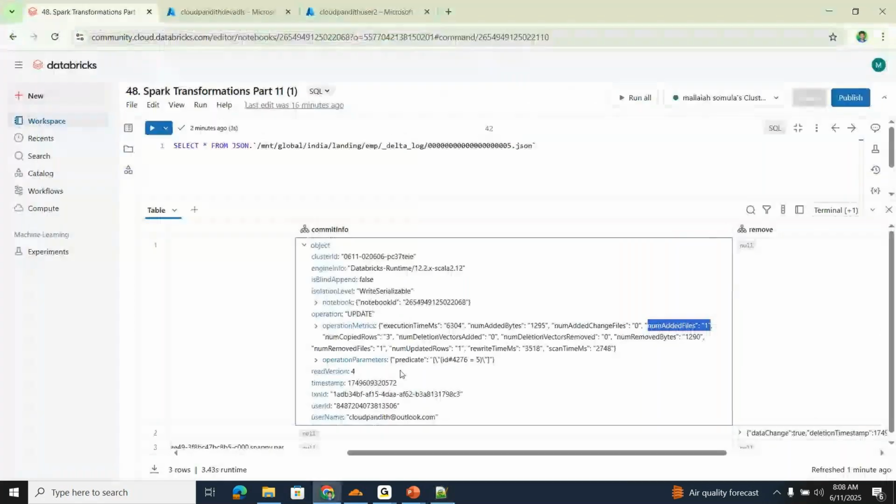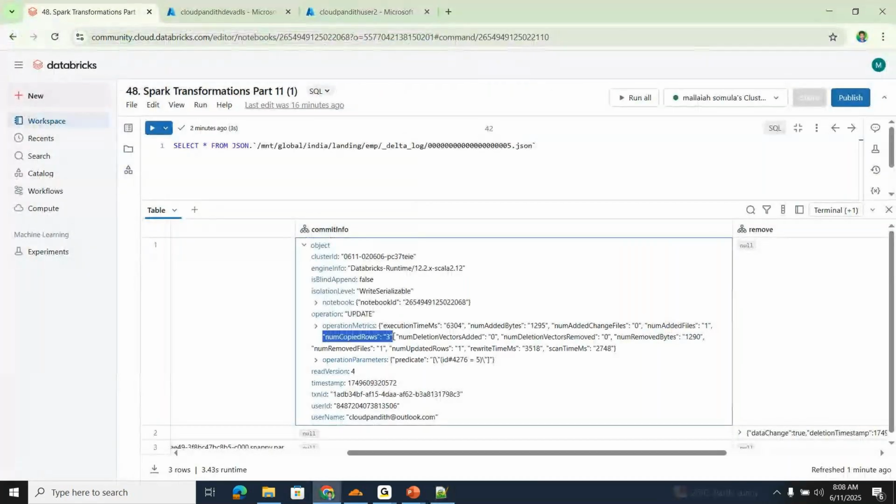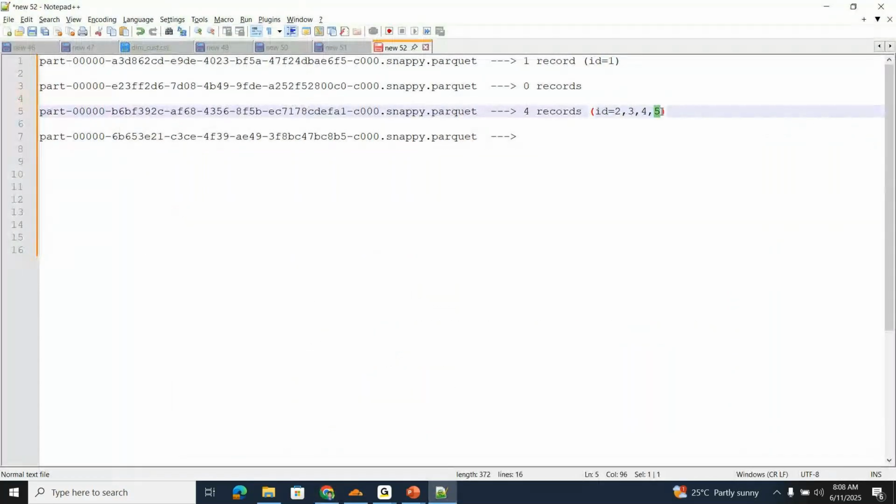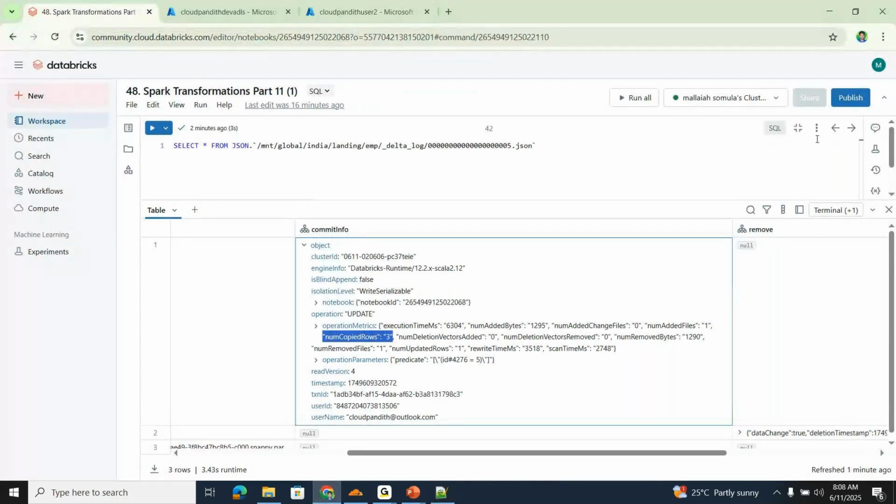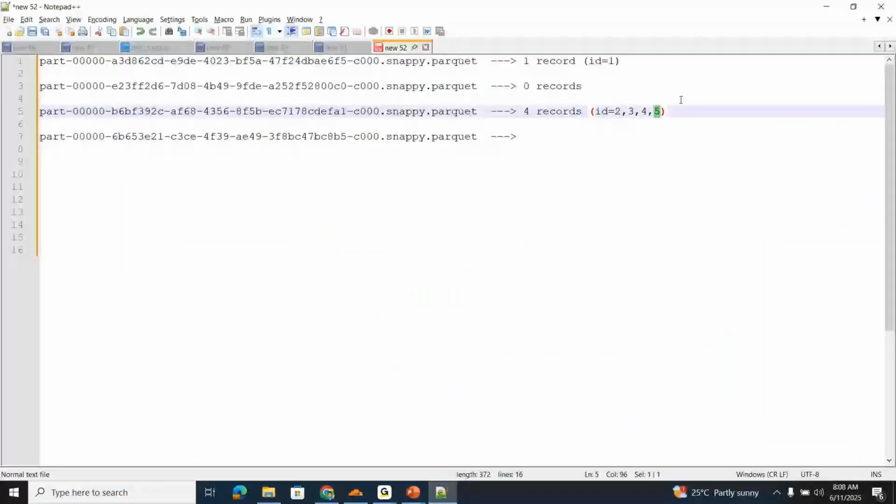Now it is saying number of copied rows are 3. Meaning out of these 4 records, the fifth record we have updated. Which record did we update? Let's see. Fifth record, ID equal to 5. See predicate equal to id equal to 5, right? The fifth record is updated, meaning 2, 3, 4 are no change. So 2, 3, 4 are